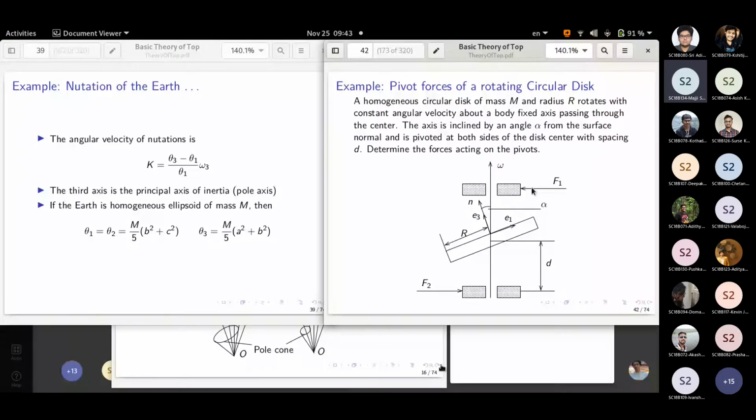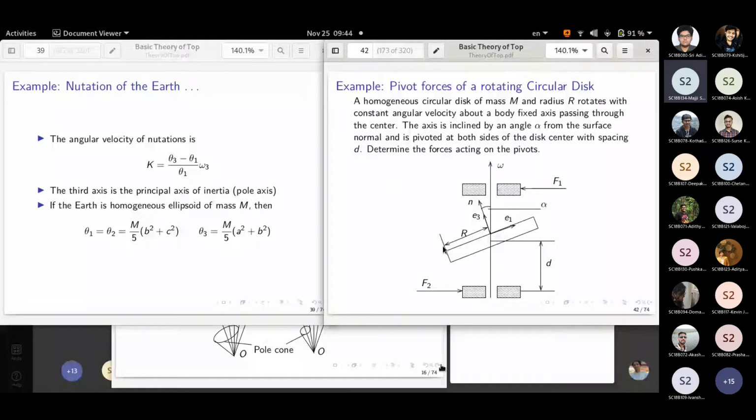So the E3 axis is, this is a disk. You have to imagine, we have shown only a section of the figure. This is a disk now. And then the E3 axis is orthogonal to the flat disk, and E1 and E2 are along the disk. In our case, what we are assuming is E1 axis with E3 axis and omega are in the same plane. So as the wheel rotates, when the E3 comes towards you, E1 will go away from you. So that is what is shown here.